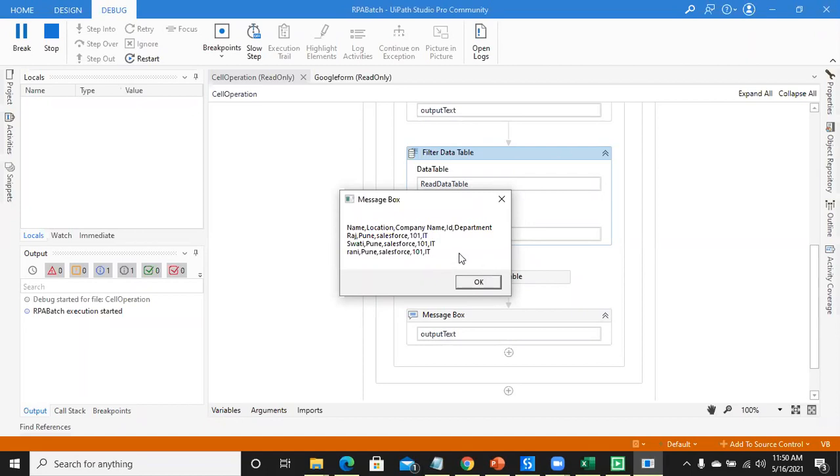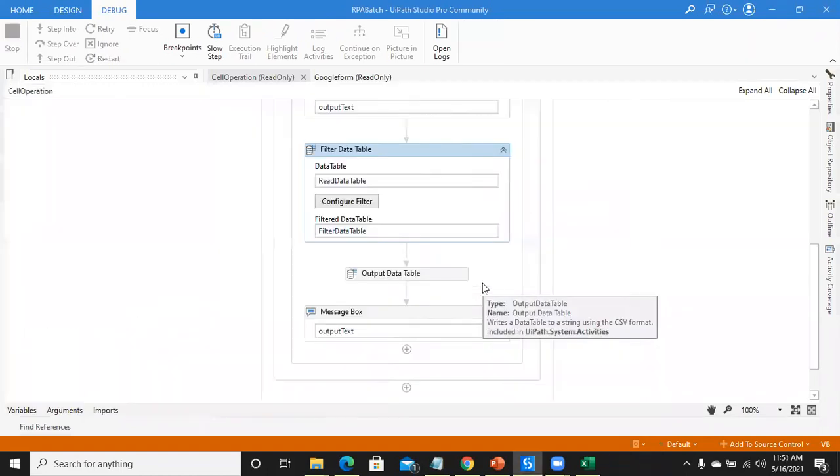Understood? Now, some people will ask, sir, we have just taken three columns, but there are some other column values also. For that, we can remove the columns.